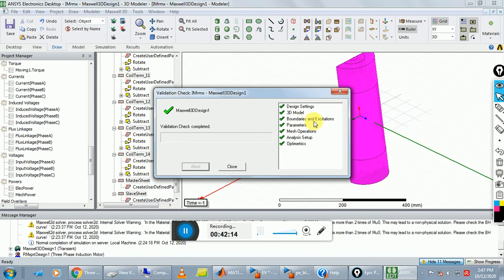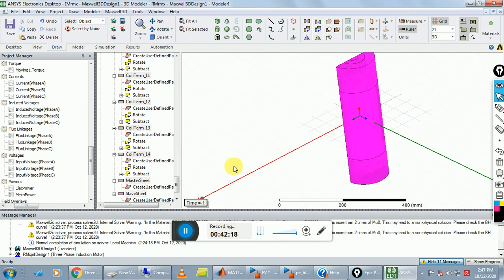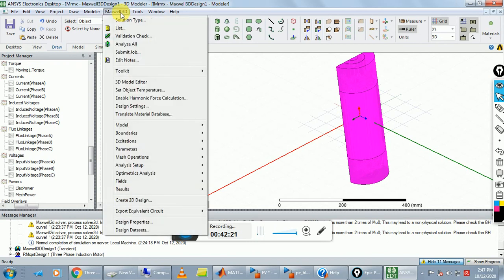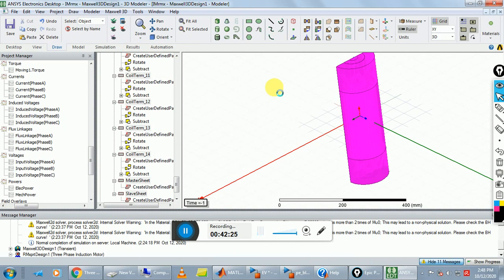Okay, here we remove the excitation and boundaries error, close, and go to Maxwell 3D, click on analyze, and wait.